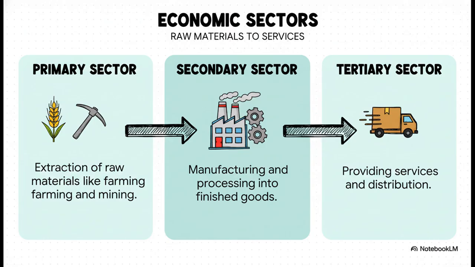First, you have the primary sector. This is all about getting raw materials directly from nature, things like farming or mining. Then, you have the tertiary sector, which provides services like transport or banking. Manufacturing sits right in the middle, in what we call the secondary sector. This is the part of the economy where raw materials are transformed into the finished goods that we all buy